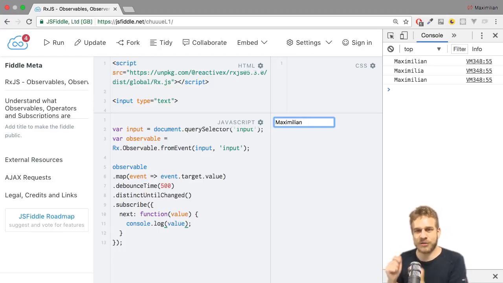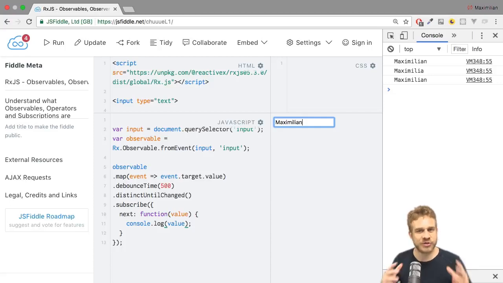Because now the value of our observable emission here is the total input, and that now doesn't change if I do this. Here it's still the same, so no new value is emitted. So that is how you can cleverly combine a couple of operators, namely debounceTime and distinctUntilChanged, with map to make sure we're using the right value, to maybe enhance your application, and in this case, send only one HTTP request instead of thousands. So I hope this was useful and kind of gets you thinking on how you may use